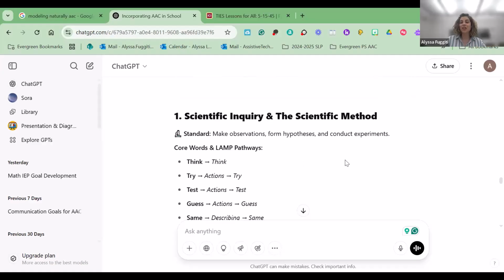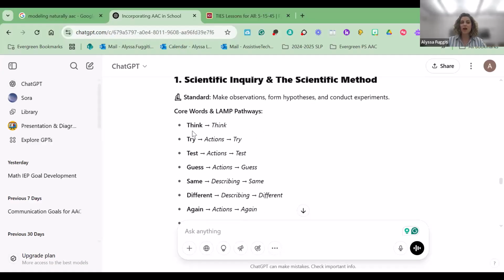And so it then created a pathway. So for those who are familiar with LAMP using New Voice, you can type in a word and it'll create the word map, the path, the words you need, the buttons you need to hit if it's not on the main page, or if it's like a 2-hit. And so this then created not just the core words we need to model, breaking down the concepts into their base meaning, what do we need to teach, but then also something we could print out, give to paras, give to staff, give to anyone who's supporting the team,